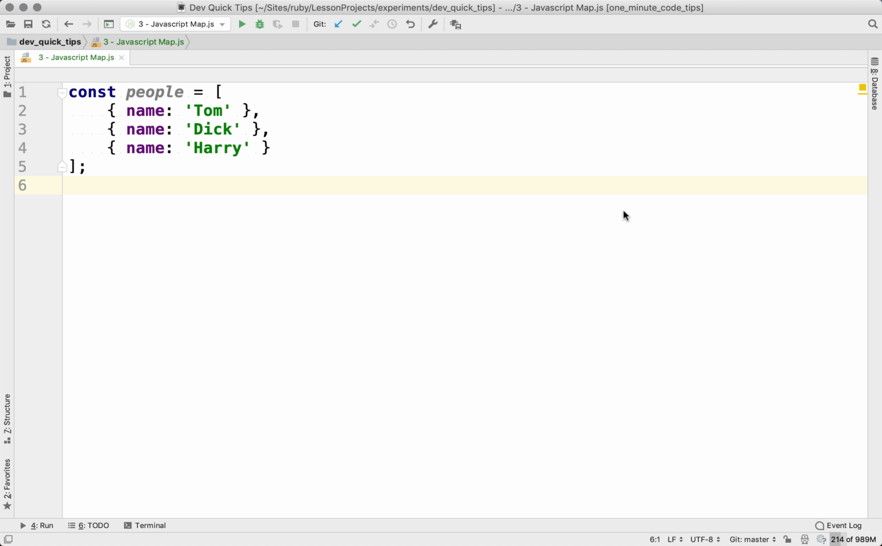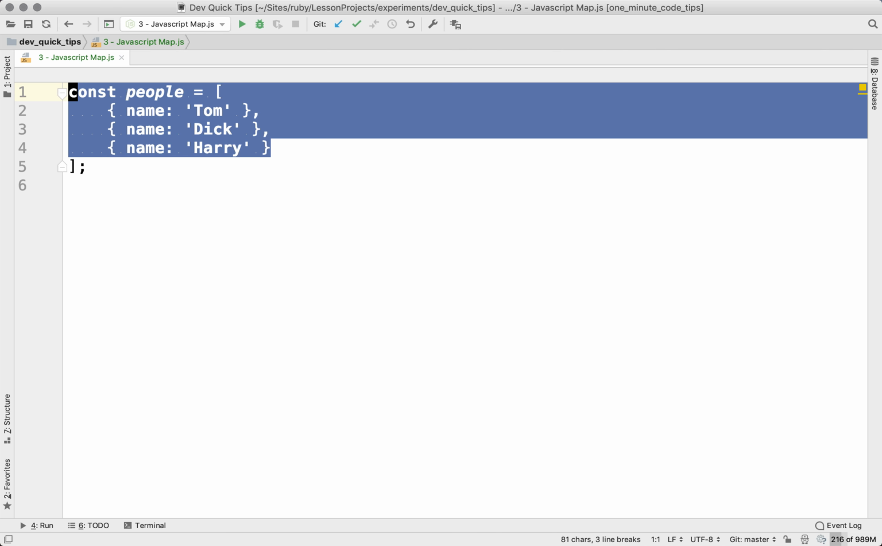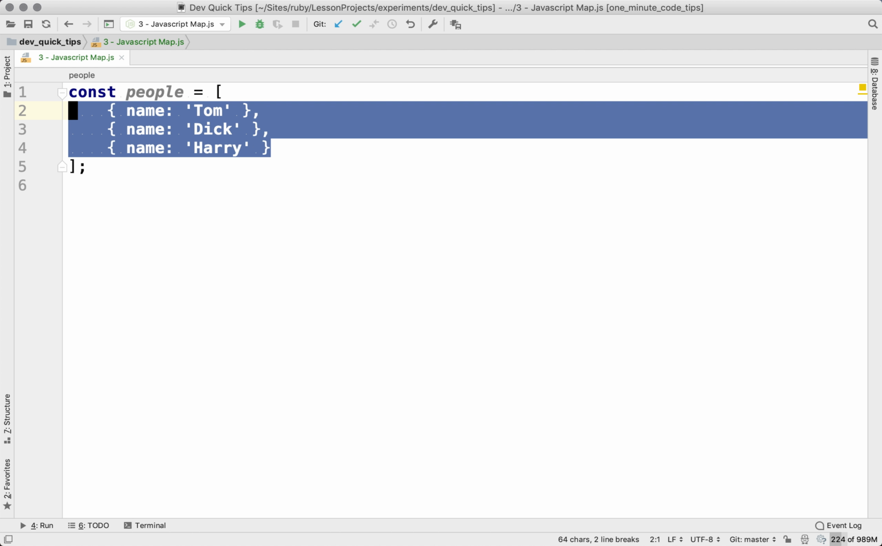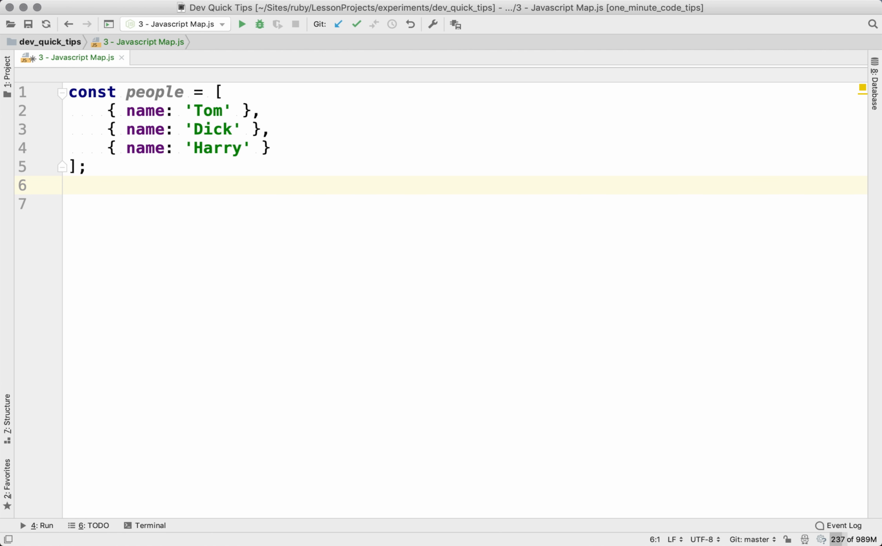Now, let's say that we have an array of people, Tom, Dick, and Harry, and these are objects here. So what we want to do, instead of having the objects of those people, we just want their names. So what you might do, or previously, people might just create some sort of empty array here with the names,